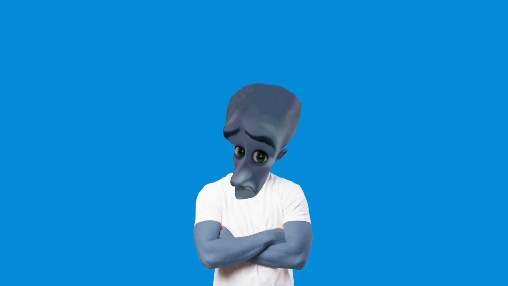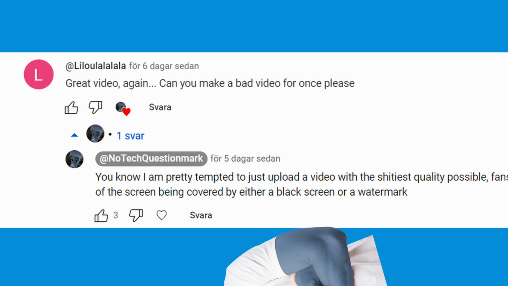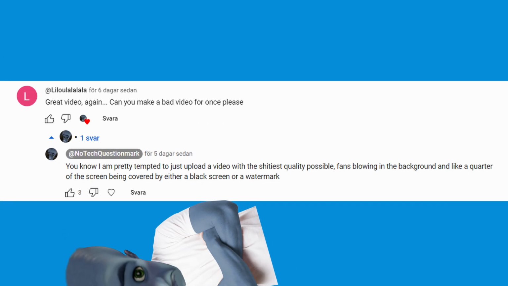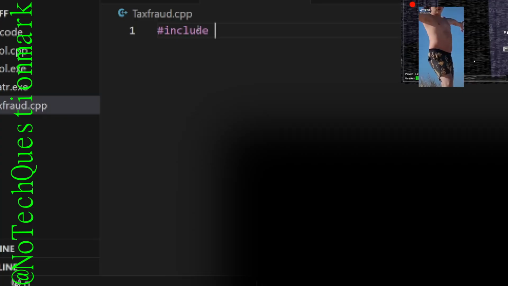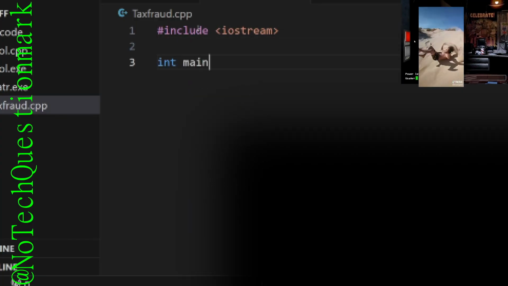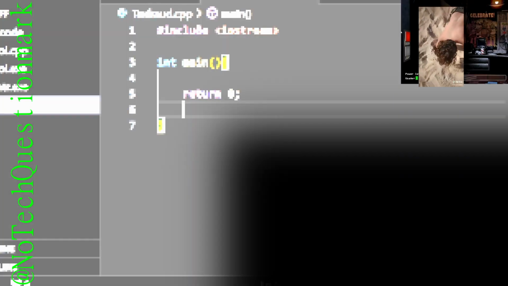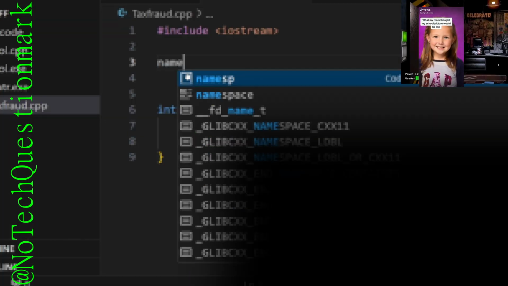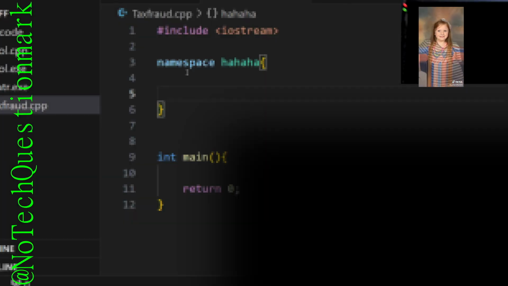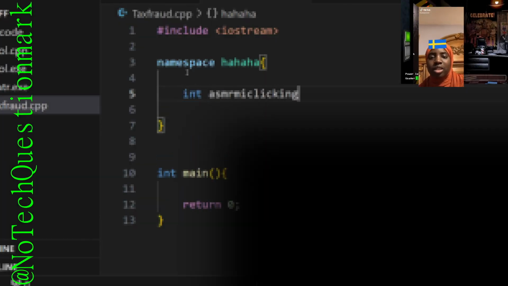Okay, now a little segment dedicated to Lilu La La La La, where I just show a program using namespaces as an example. Okay guys, so to start off, we include libraries and create the main function. Next we create a namespace called ha ha ha. Then I create a function called ASMR right clicking, which will, oh I don't know